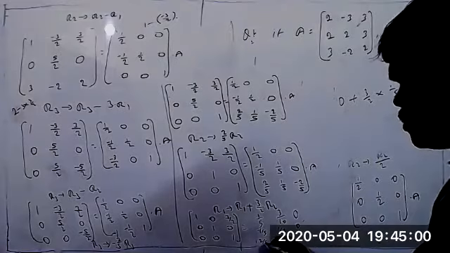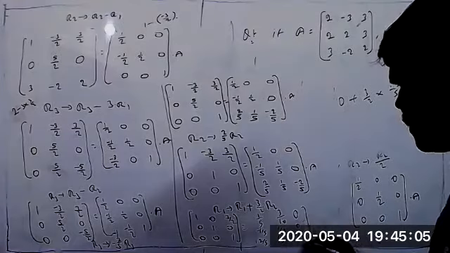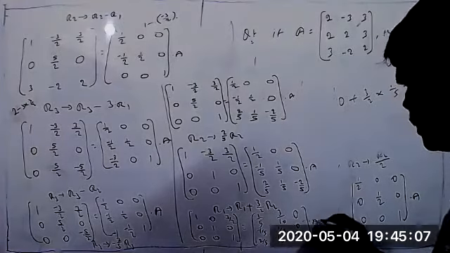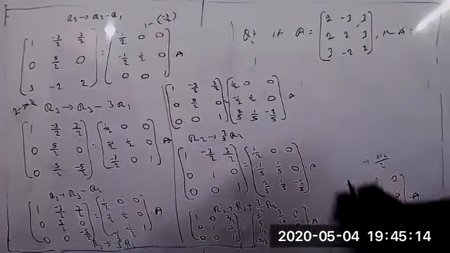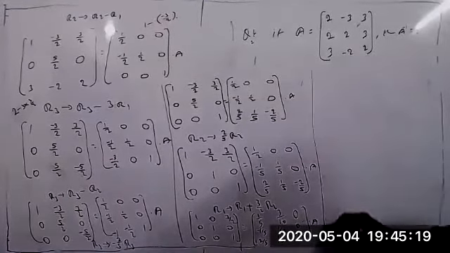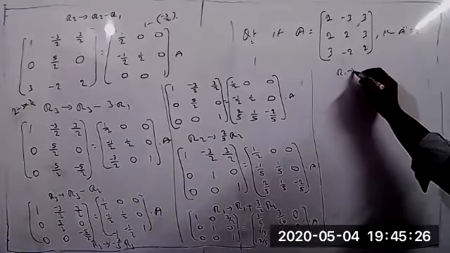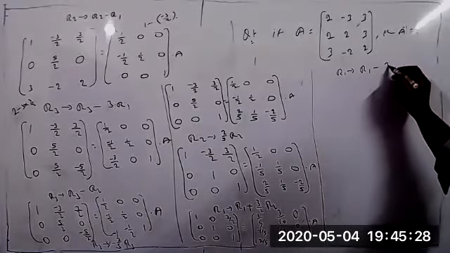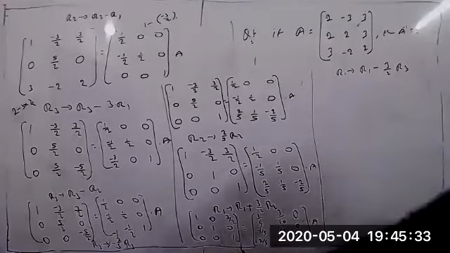This you can write now 2 by 5, 1 by 5, and minus 2 by 5 into A. Still we have one more element, 3 by 2 is there now. This 3 by 2 also we have to convert into 0 again. So now tell me the condition. How to get 0 here? I am taking R1 such that R1 minus 3 by 2 into R3. Is it correct? Well, these elements are zeros only.